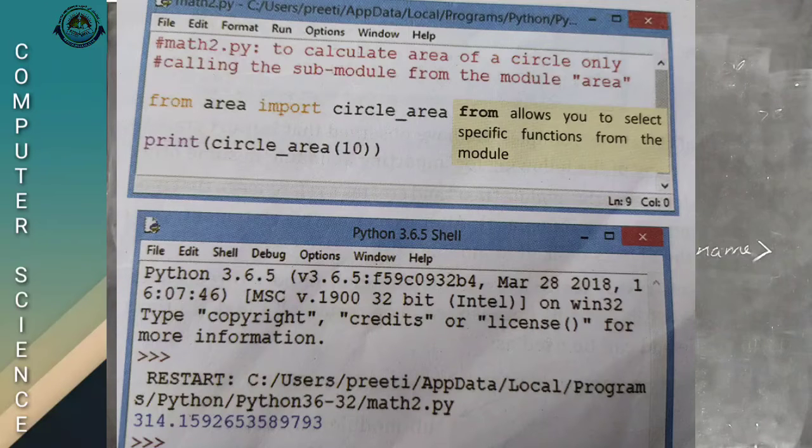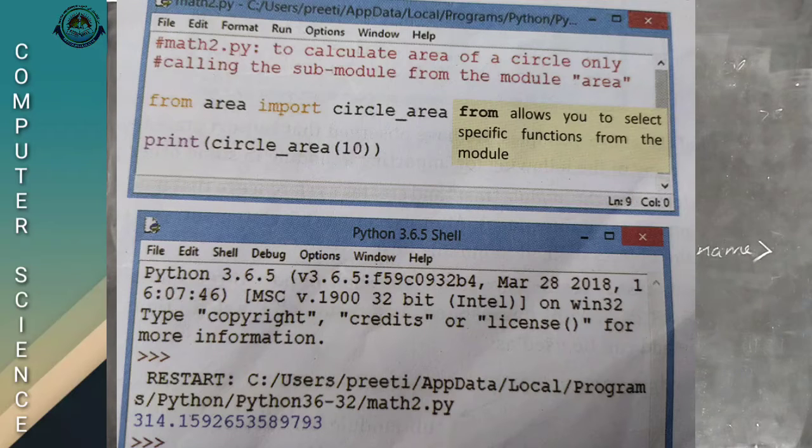In the previous class we discussed one program related to import module, finding circle area, square area, rectangle area, etc. You kindly go through that program and watch that video first, then only you will get the correct idea about this explanation. This program is the continuation of that previous class.